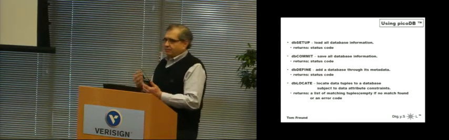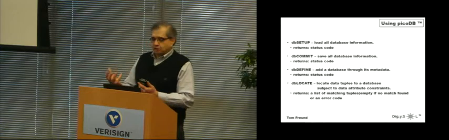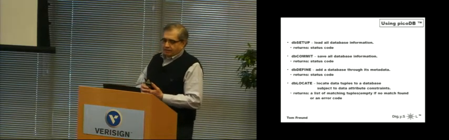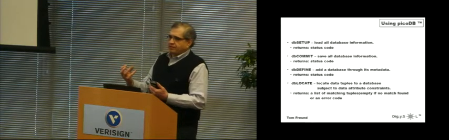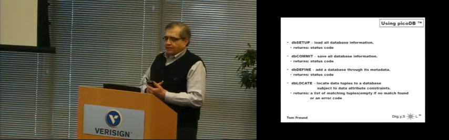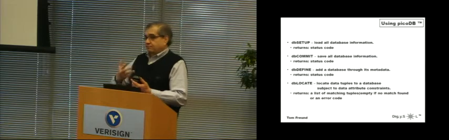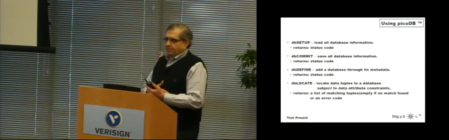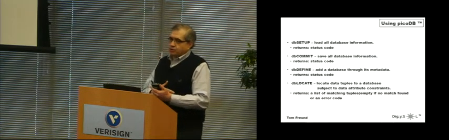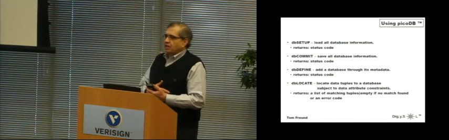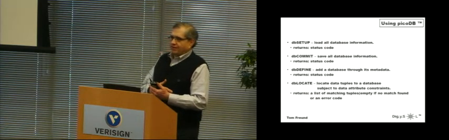You have DB setup, which very simply says I have the database stored somewhere. It could be in Flash, and I want to bring it in. Basically what it does is bring it in from a particular format, load that database information into memory, and return a status code: everything went okay, or there was a little problem. DB commit, on the other hand, is the opposite. I want to store this stuff away,